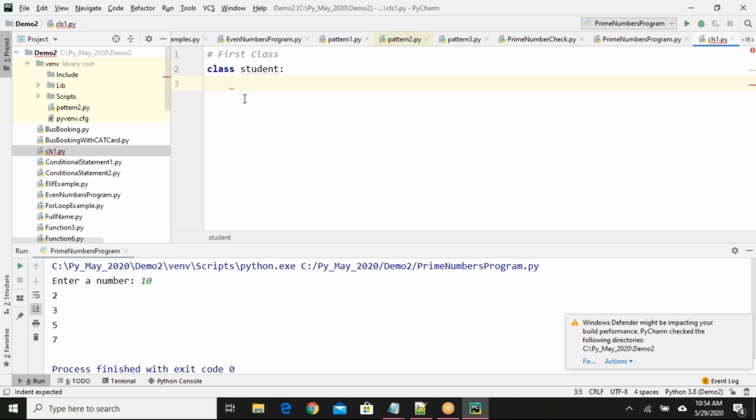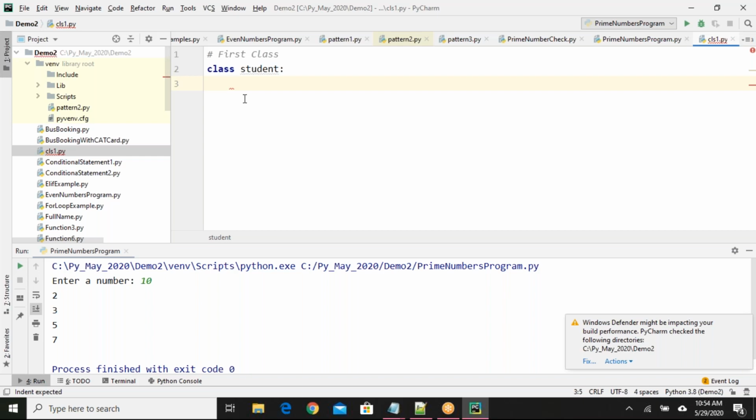What is an identifier? When we discussed identifiers, I told you there are some rules we need to follow while creating an identifier. If you are declaring a variable, that variable is an identifier. If you are defining a function, the function name is also an identifier. When you are writing a class, the class name is also an identifier.